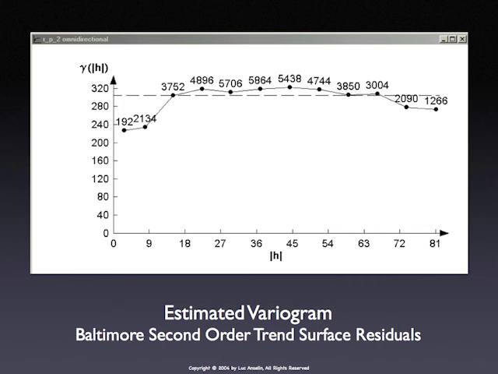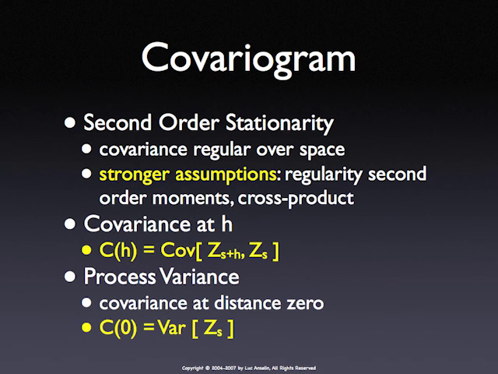And then a correlogram is a standardized covariogram. But there's also another correlogram in the lattice world, which is the one that you get with different weights matrices. So when you see correlogram, you don't know right away which of the two it is. You need to know whether it's a lattice context or a geostatistical context. So to get to the covariogram, you need to have